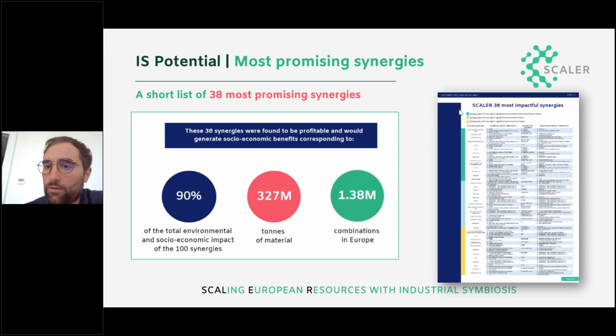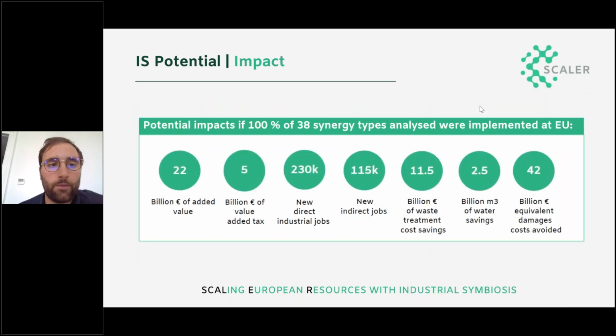You have the full results of the 38 most impactful synergies, with the description of each synergy, in the sectorial outlook guidelines. If these 38 synergies were totally implemented in Europe, 100% of them, we would have around 22 billion of added value and 5 billion of value-added tax,